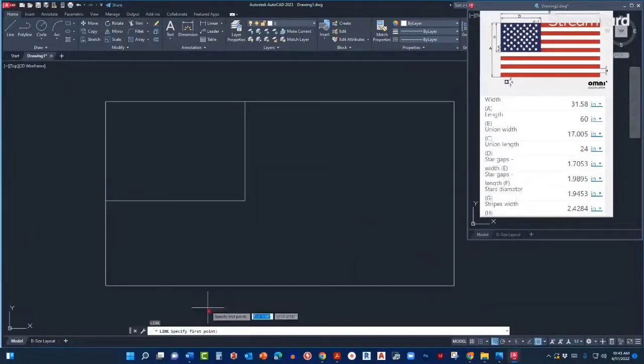So the line command is saying specify first point. I'm gonna hover on this corner to see the endpoint, and then move down like so, so I can see my extension object snap. Once I see it, I can type my distance, in this case the distance H, which is 2.4284 inches. So I'm gonna press enter now, and you can see that I'm gonna start my line in the